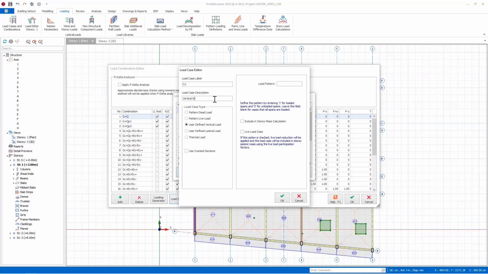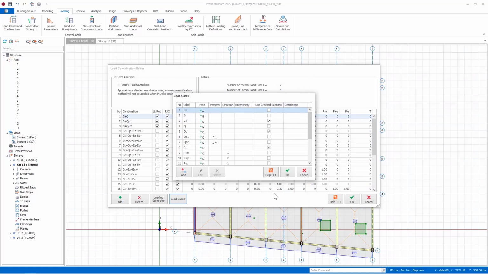If we want, we can ensure that the defined loads are taken into account in the mass calculation. If this load is marked as a live load, depending on the floor it is located, it can be included in the seismic mass and earthquake calculations, or live load reduction can be applied to be used in the design. Let's define the user-defined vertical load state by clicking the OK button. Since it is a vertical load state, it will be automatically added to the top of the load state list.